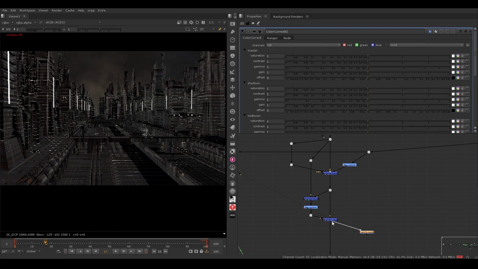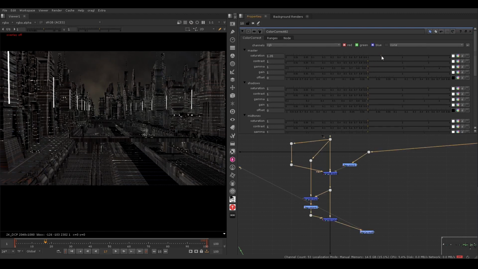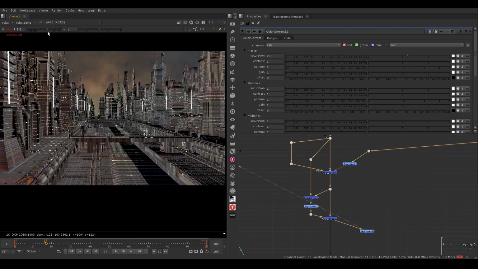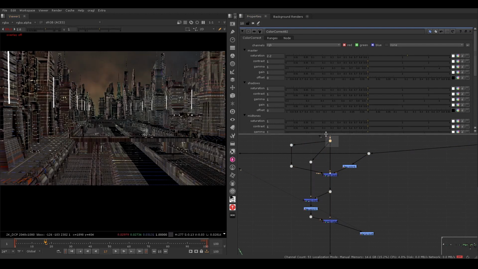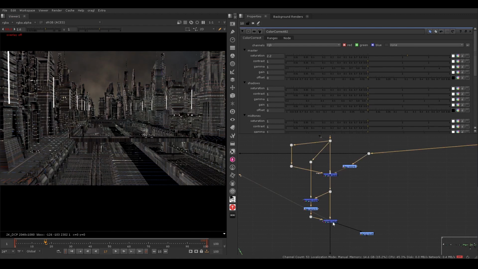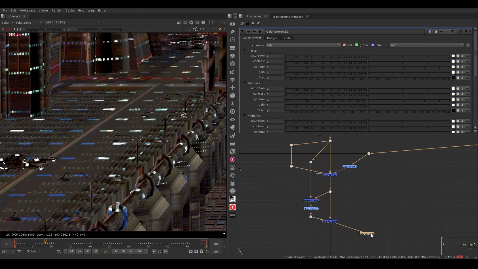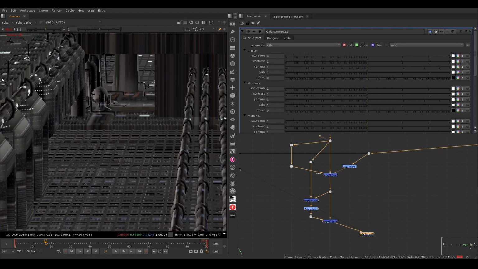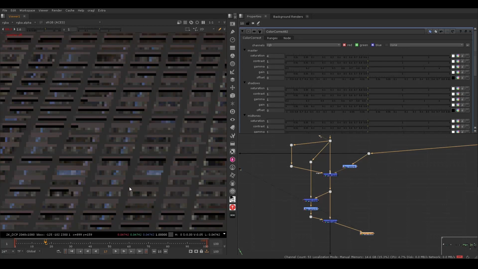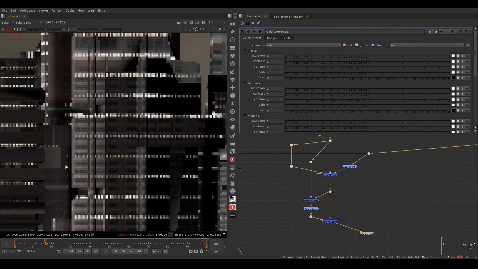If we saturate this, we're gonna be able to see what's going on. So let me show you the before and after. So that's before and this is after. So it's very subtle, not even by saturating too much we are able to see. So that's before and after. We are at 4 in the saturation, so it's a lot, and you can see how the saturation is picking up also